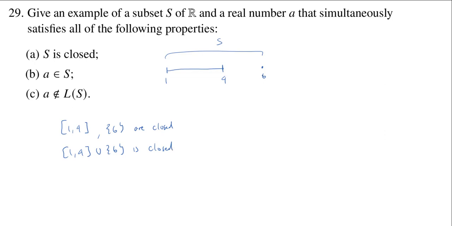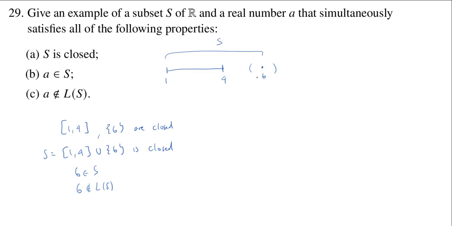Of course, the number 6 is in the set, but I claim that 6 is not a limit point of the set. And visually, that's very easy to see, right? So 6 is in our set S, and 6 is not a limit point. Visually, you just say, well, look, you cannot build a sequence of points that converges to 6, right? Another way to put it is, if 6 was a limit point, then any 6-coin would have to contain elements of S that are not equal to 6. Well, I can easily put down a coin, say of radius 1, that contains only the number